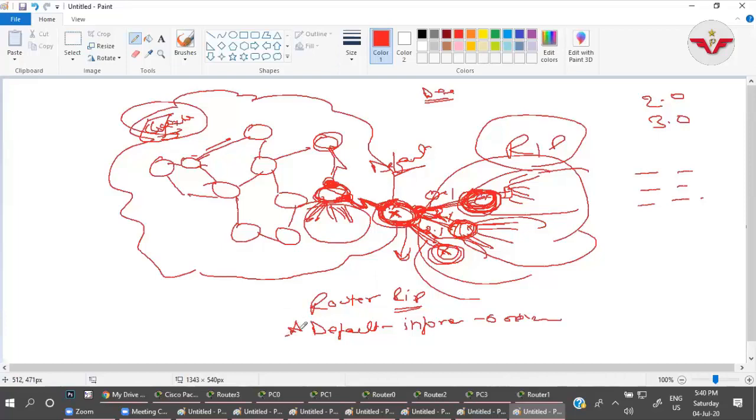This is the one command. Whenever you are sending the routing updates to the neighbor router, also send the default information which you have, so that if he is getting any unknown packet which is not known to him, he will forward it to you, and then you will forward it to the other network.